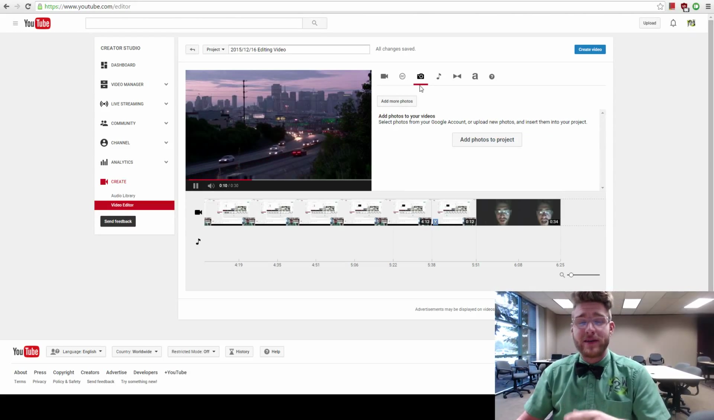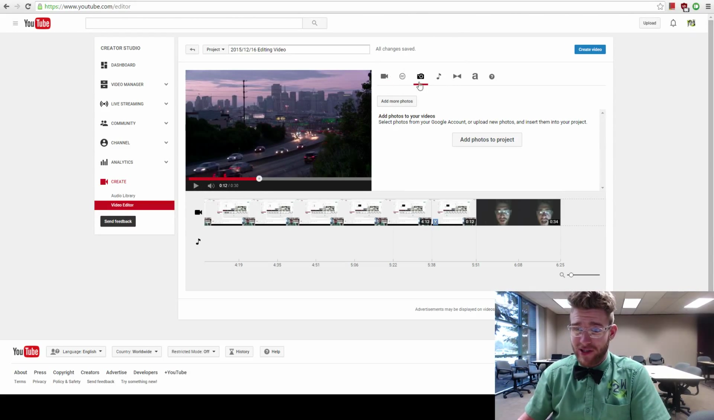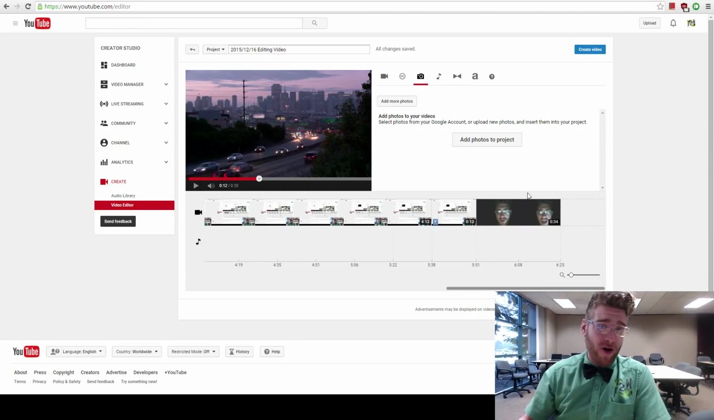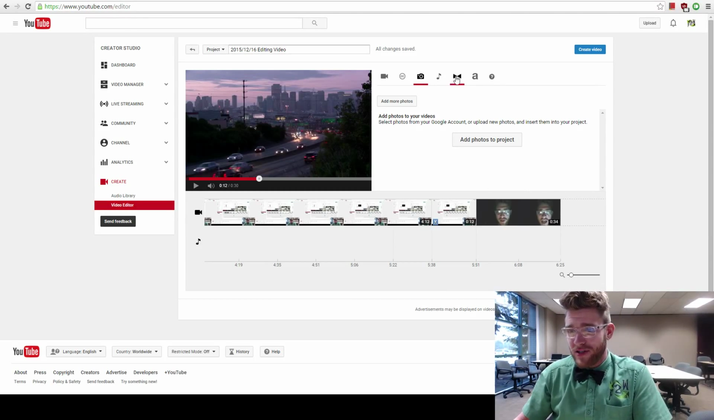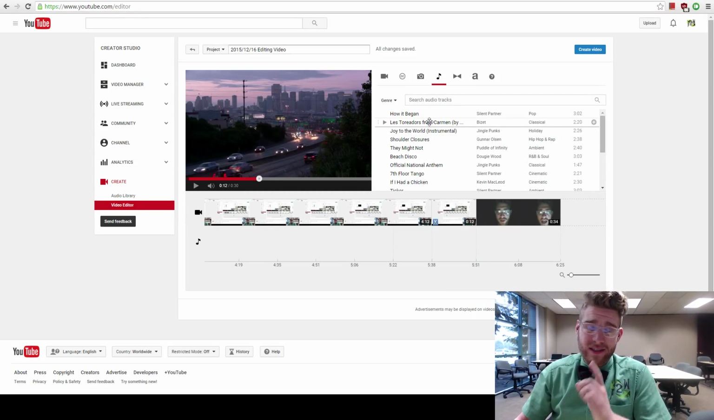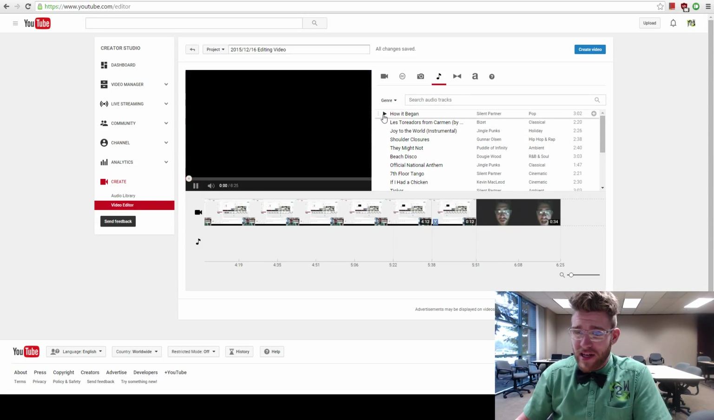Then you can add pictures by clicking the little picture tab up here at the top. Great stuff. You can add your own photos. It's awesome. Then this is actually something that I just recently used on a project for Fidgets to Widgets. It's a giant audio track library, so you can just find music, like all kinds of